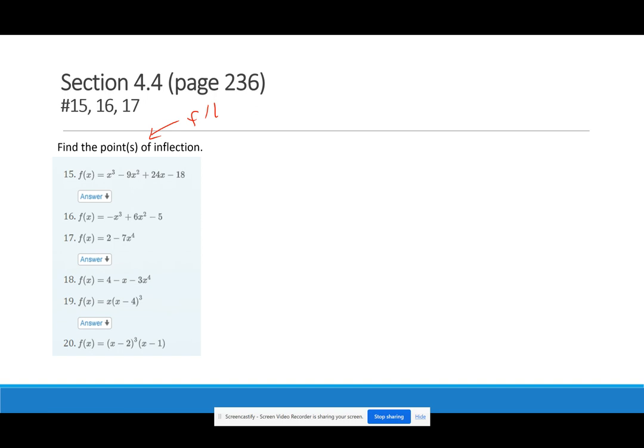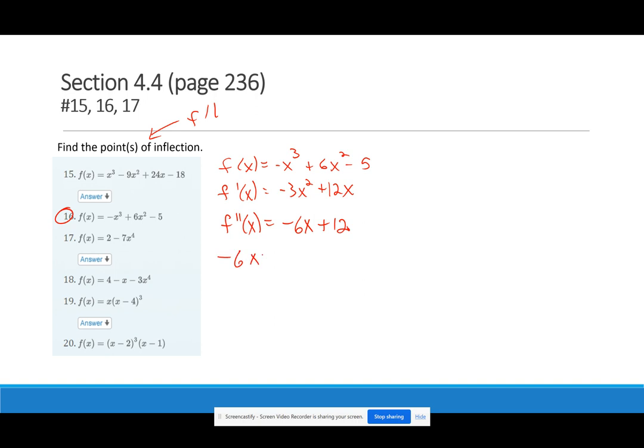So if I'm asked to do a problem like, say, number 16, I would just take that and I would just do the first derivative first. And then I would do that one more time to get the second derivative. Okay. And then I need to know where the second derivative equals 0. So I'd set that equal to 0. And I'd find out that happens when x is 2. So this is my possible